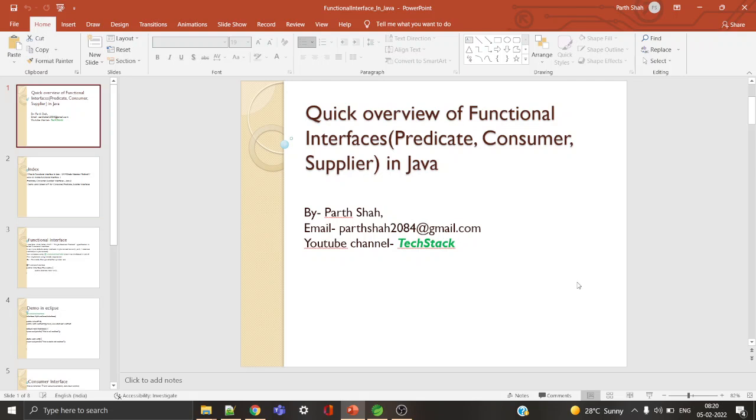So today we are going to cover a very important topic, which is functional interfaces. Functional interface is really very important and it is used widely in Java 8. So today we are going to cover functional interfaces and the three well-known functional interfaces: predicate, consumer and supplier in